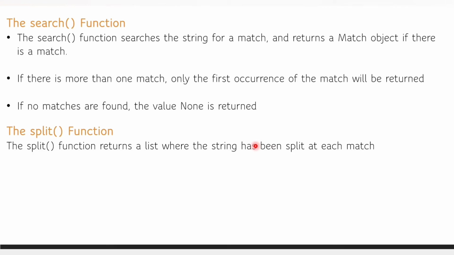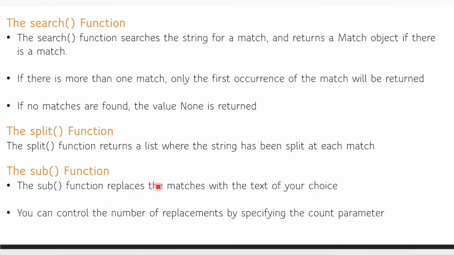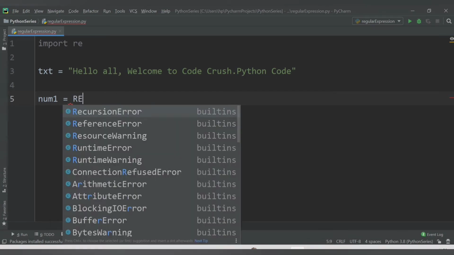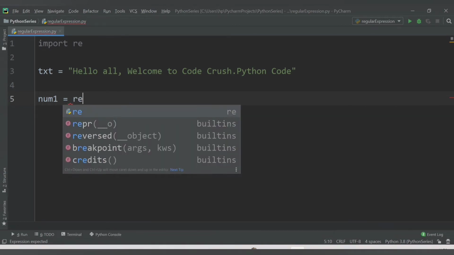The last function that we want to cover in this video is the sub function. The sub function replaces the matches with the text of your choice. You can also control the number of replacements by specifying the count parameter. Basically the sub function will first find the match, and if the match is found it will replace that with your new text. Let me show you in demo how we can do this. So here I have the text, hello all, welcome to Code Crush Python code. I will use the module re which we have imported, re.sub,